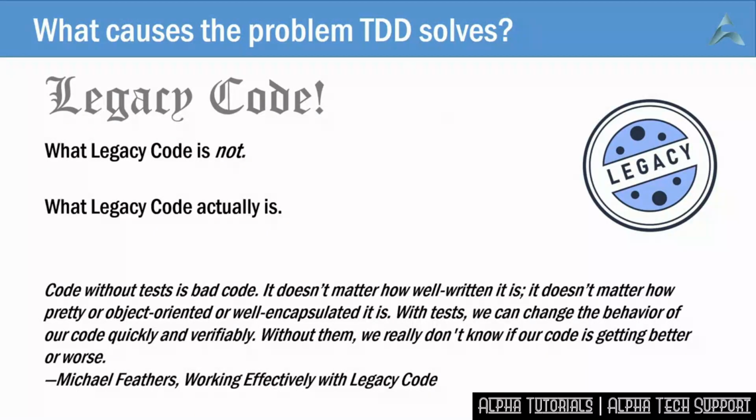What legacy code is not, however, is the code you had before you went onto SAP. People talk about the legacy system, but that's not what we're talking about here. Also, it's not procedural programming. Legacy code can be written in any programming style, in any language. So what is legacy code? The answer is very simple. Legacy code is code that does not have automated unit tests.